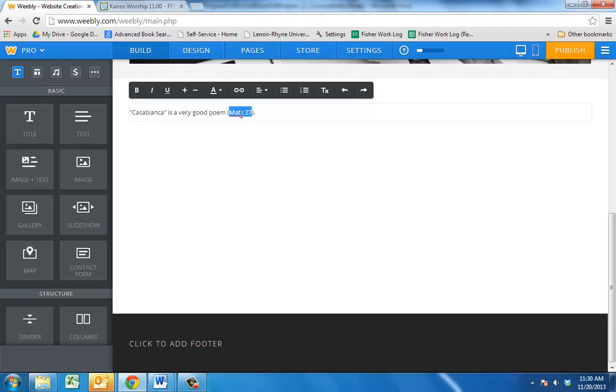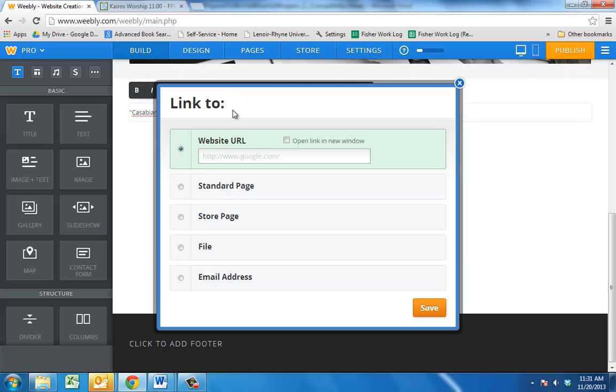So I need to find some way to get readers to a works cited page. What you can do is simply highlight here your author and page number, which is what you would use in internal documentation for an MLA source. And you can see up here in our menu of things this little icon for create link. I'm going to click on that,